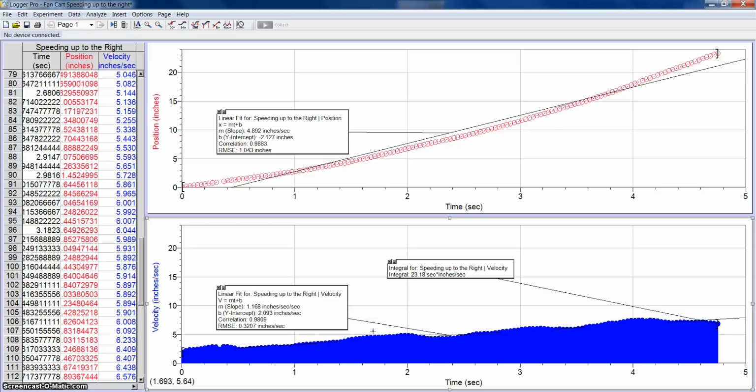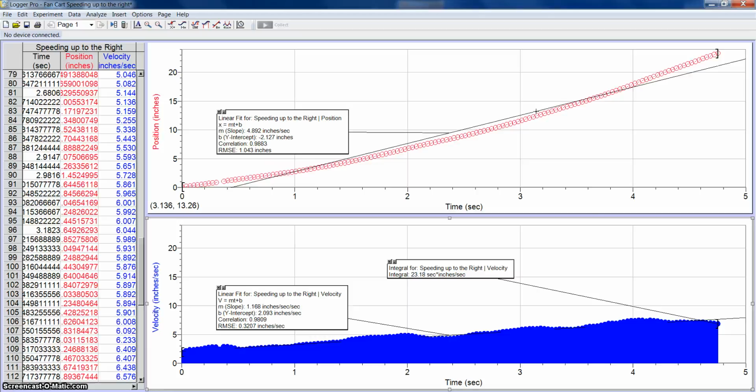Alright, so this is the explanation for the cart speeding up to the right or in a positive direction. For this, we expected our position time graph to be parabolic in nature and upward opening, parabolic to be exact. And we achieved this ever so slightly, but still achieved it, as we can see here in our position time graph. For this, I just took the linear fit and I got a slope of